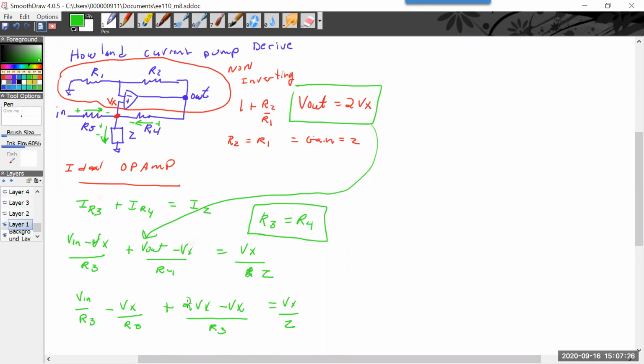Well, we can see that that becomes minus Vx R3, plus, that's what I meant to say, which then cancels each other out here. And that means that